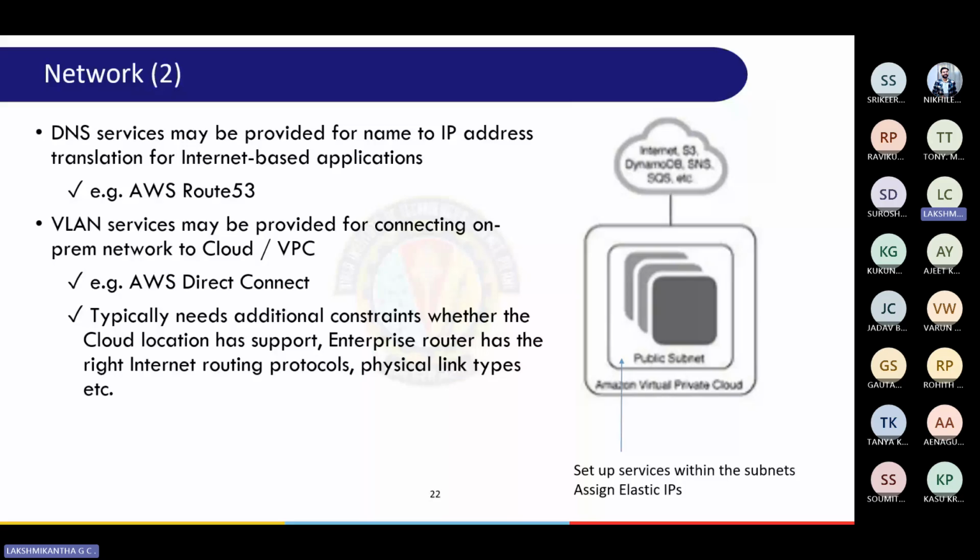Okay, external connectivity. Guys, moving beyond the VPC, we need to consider two critical external networking components. The very first one is called DNS and the second one is called VLAN. What is DNS, guys? Domain Name Service. Correct? No? So for any internet-based applications, you need a service to translate your human readable name to an IP